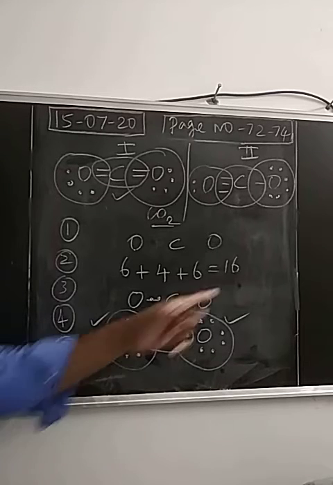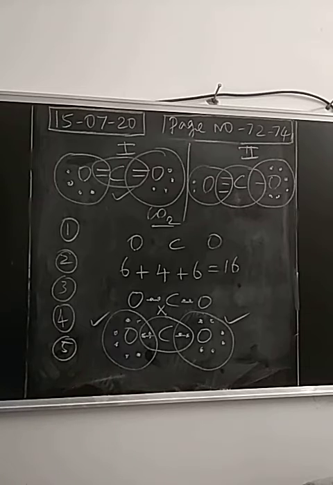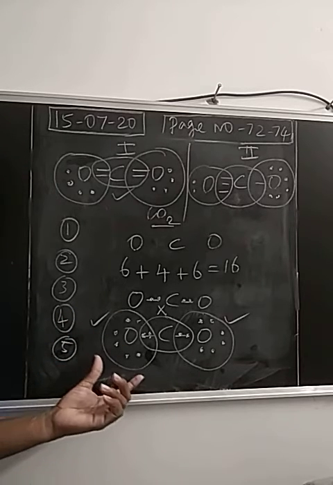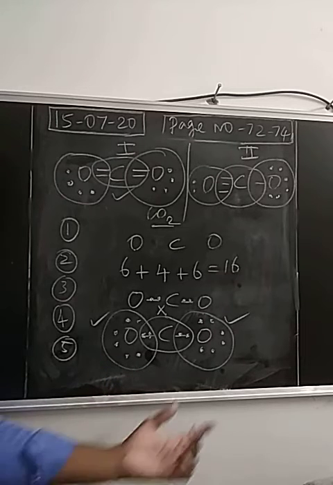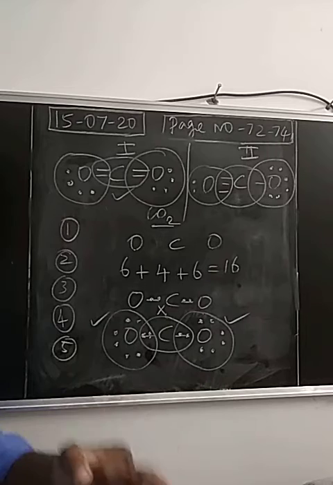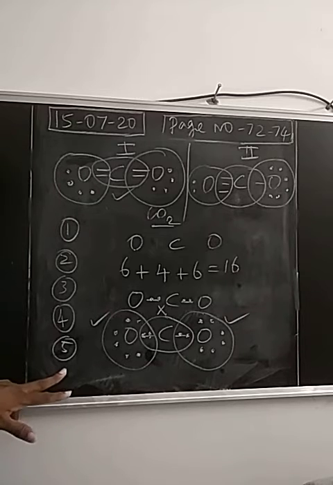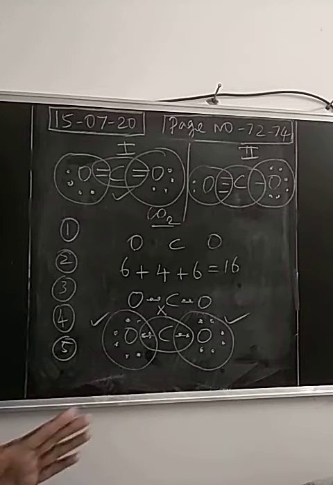In the fourth step, the 12 electrons will be placed as lone pairs of electrons on the more electronegative atom. Comparing carbon, oxygen is the more electronegative atom. So all the 12 electrons will be placed as lone pairs on the oxygen atoms. 6 electrons will be placed on the first oxygen as 3 lone pairs. The remaining 6 electrons will be placed as 3 lone pairs on the second oxygen. So after placing all these valence electrons as lone pairs, in step number 5, we have to check whether all the atoms in the molecule are obeying the octet rule or not.